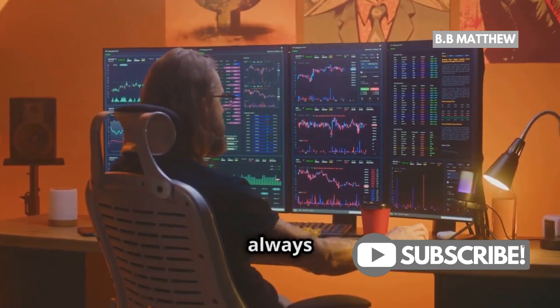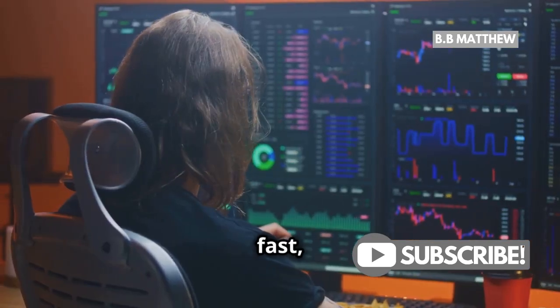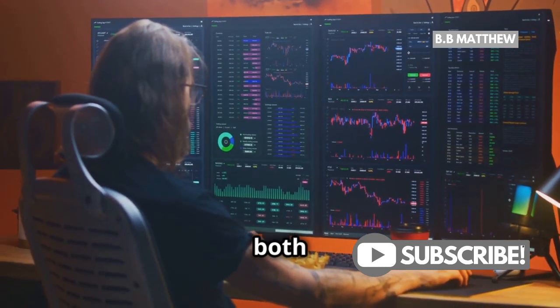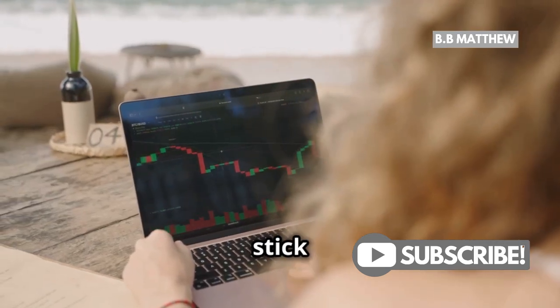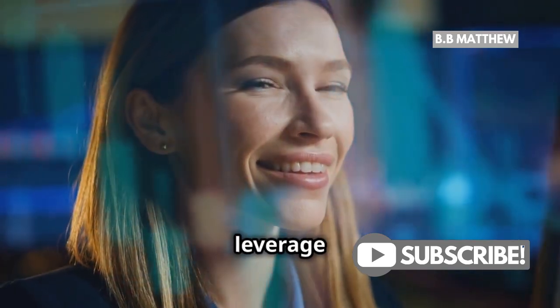Speaking of monitoring, always keep a close eye on your positions and be ready to make adjustments as necessary. The market moves fast, and you need to stay on top of it to make informed decisions. Remember, leverage trading magnifies both your gains and your losses, so it's essential to stay disciplined and stick to your strategy. And that's it. Follow these tips and tricks, and you'll be on your way to successful leverage trading on